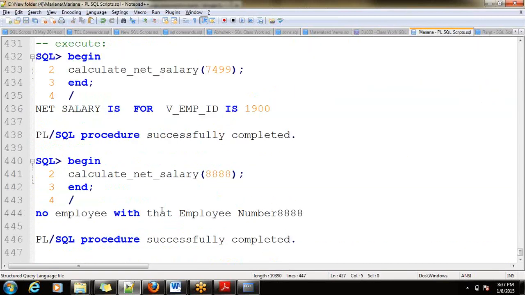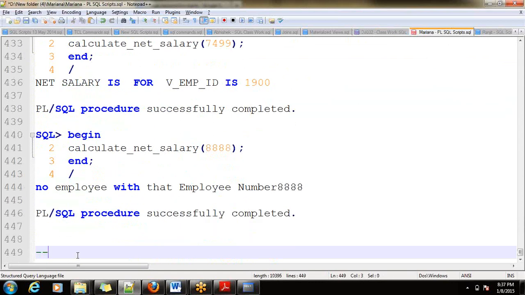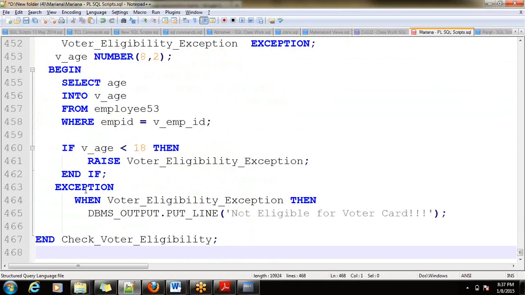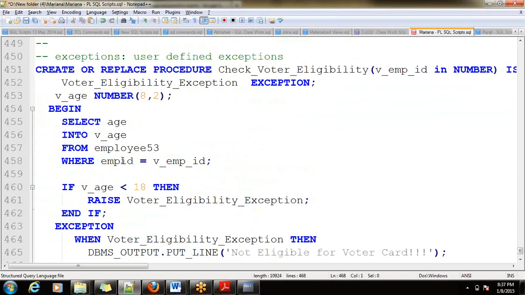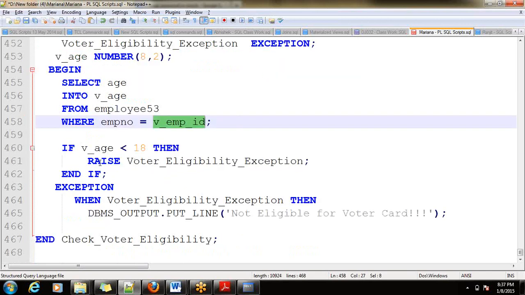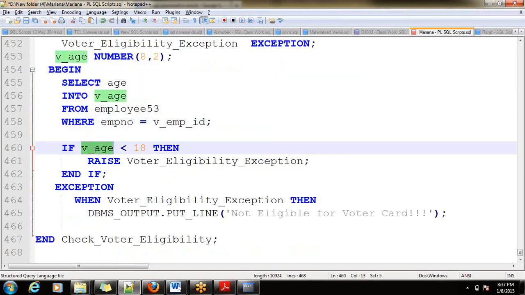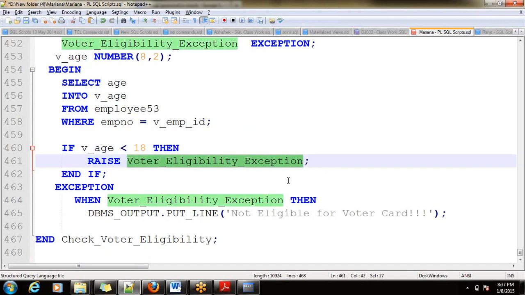Then here you can see if the age of that employee is less than 18, raise the exception.